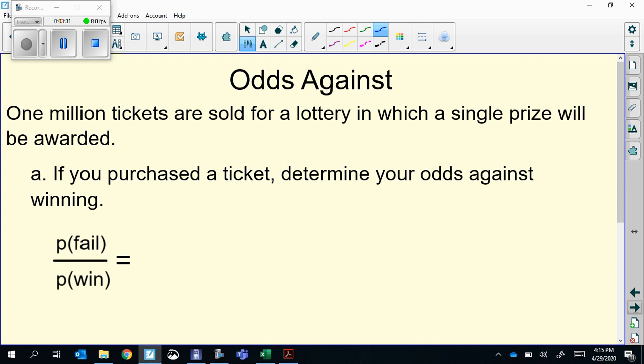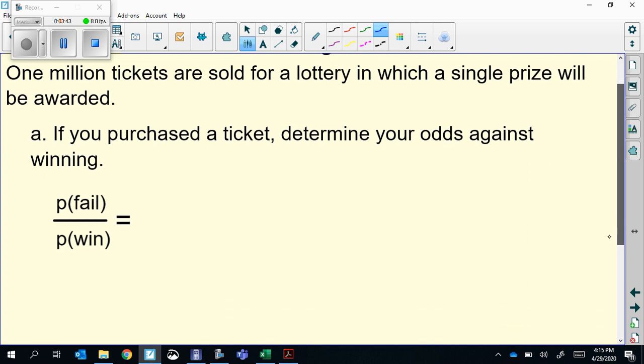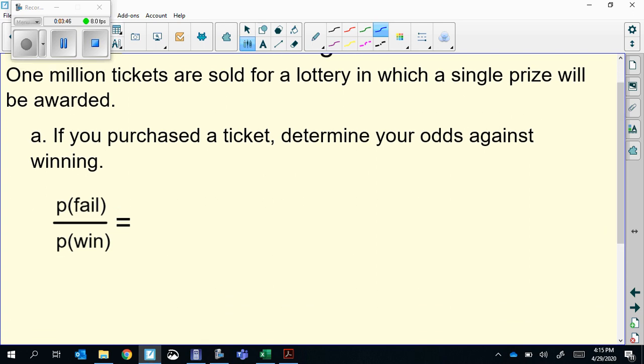1 million tickets are sold for a lottery in which a single prize will be awarded. If you purchase a ticket, determine your odds against winning. So we need the probability of a fail over the probability of a win. This isn't like your typical Powerball lottery. They're just going to draw a single winner. So they're selling 1 million tickets. You purchased a ticket. So the probability of winning, there's only one way for you to win, 1 out of 1 million. But the probability that you lose would be